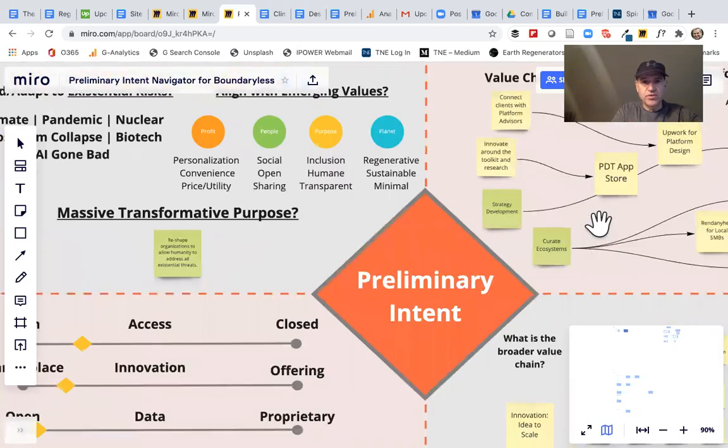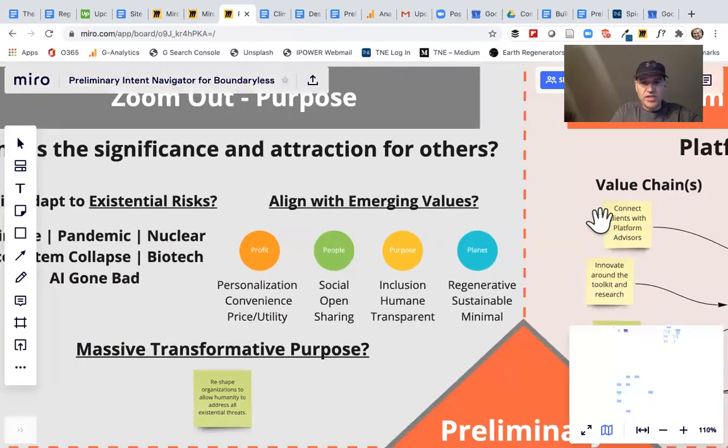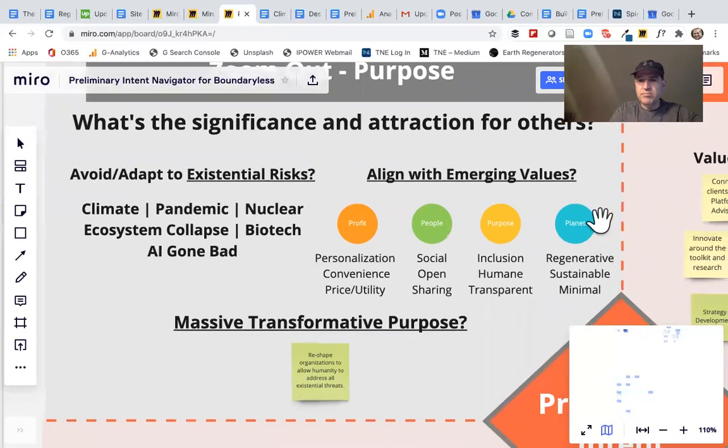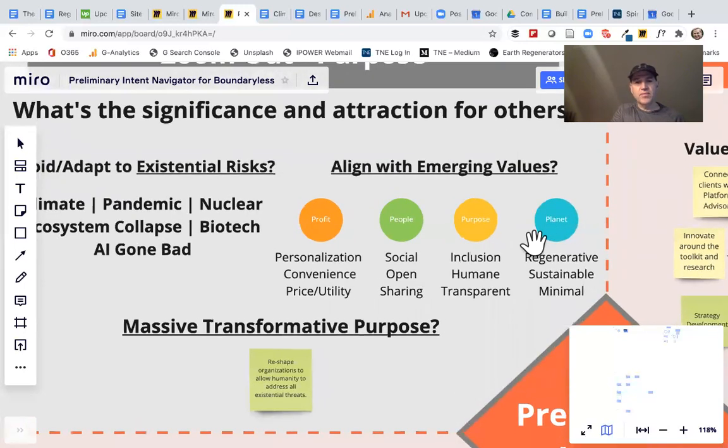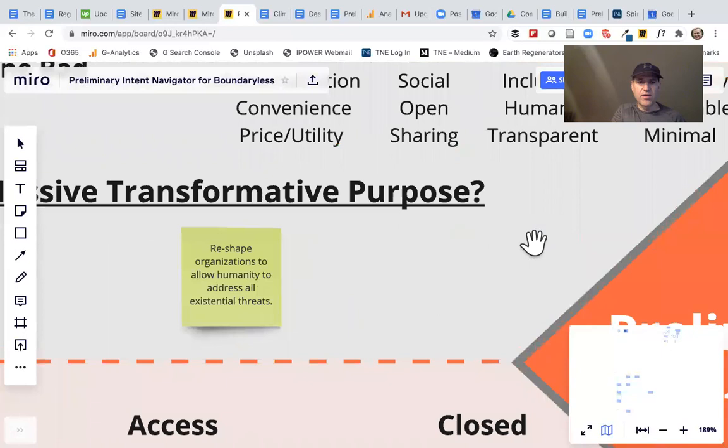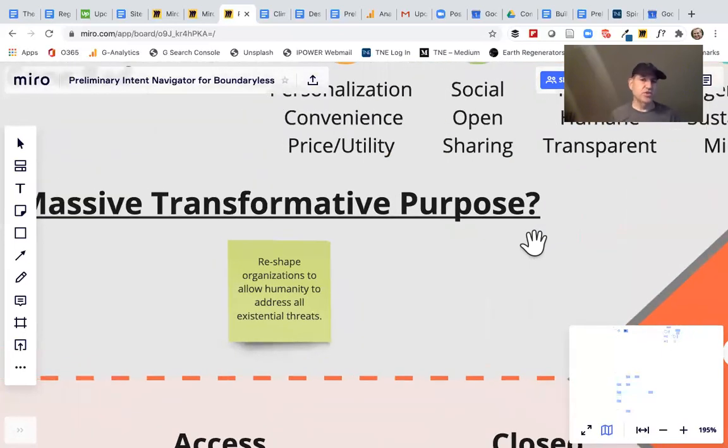I'll go back up to turquoise. I think after looking at these various potential inputs to how you might develop a massive transformative purpose that you publish and becomes a part of attracting people to what you're trying to accomplish, the one we came up with here was more around the ability to architect and reshape organizations that basically allow everyone to thrive and address some existential threats.